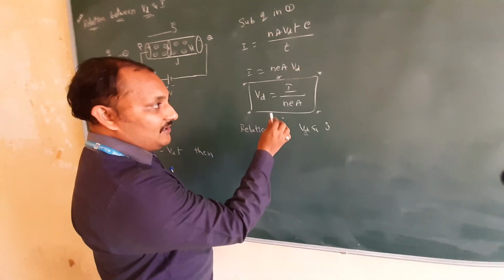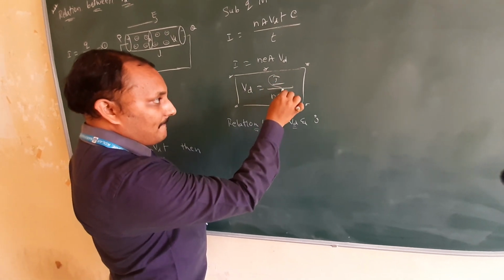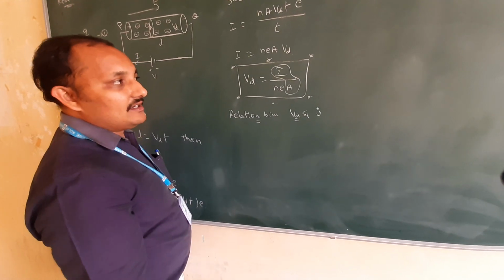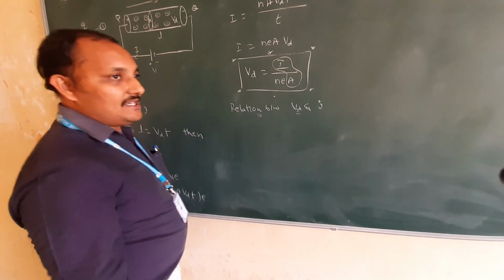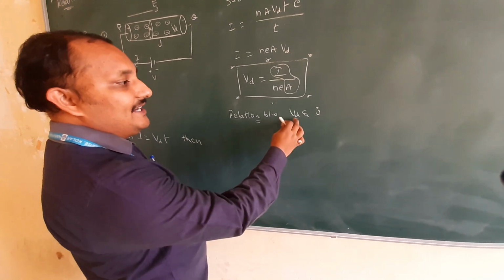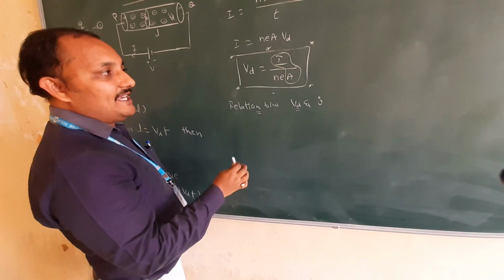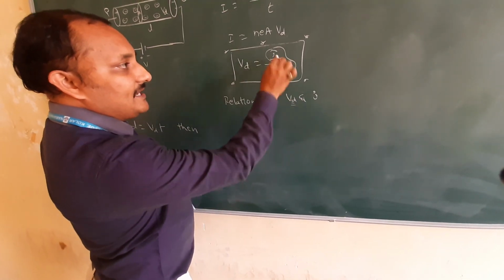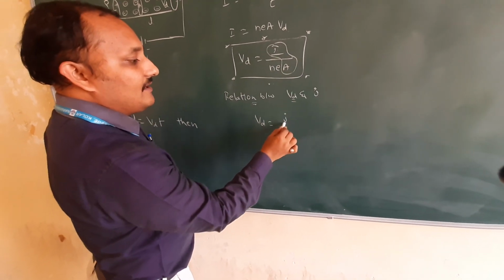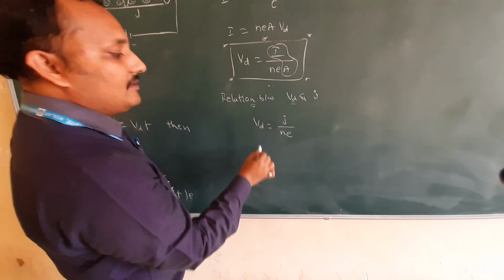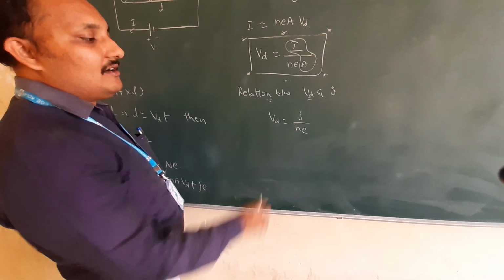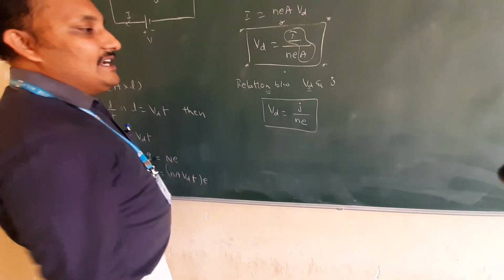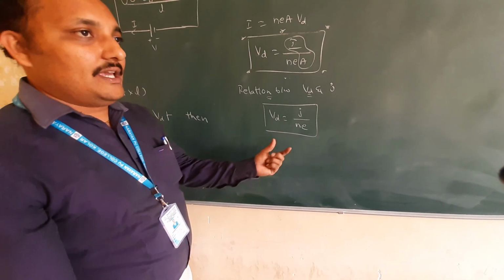In this, if you observe, the amount of current per unit area is nothing but, what is J? Current density. Now the relation between drift velocity and current density we will get by using this equation. Vd is equal to I by nеA; in place of I by A, what can we write? J. So J by ne, or J equal to n e Vd, or Vd equal to J by ne. This is the relation between drift velocity and current density.